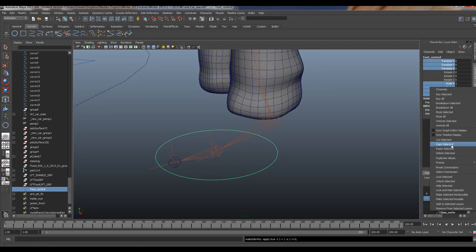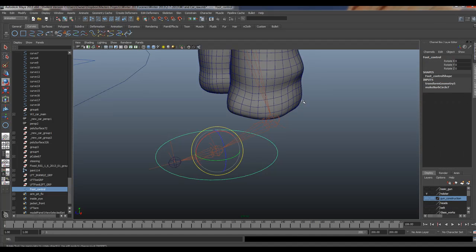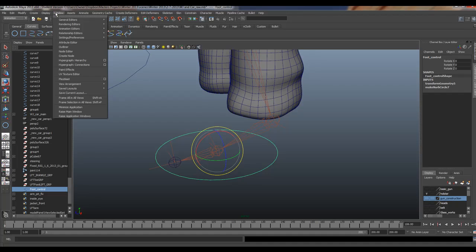You can right click on this guy and say Lock and Hide Selected. That will lock those pieces, and I did show it in an earlier video, but I'll show you again. You can lock and hide. They go away, which is phenomenal. With them gone, you can go in here, and to be able to get them to come up, we can